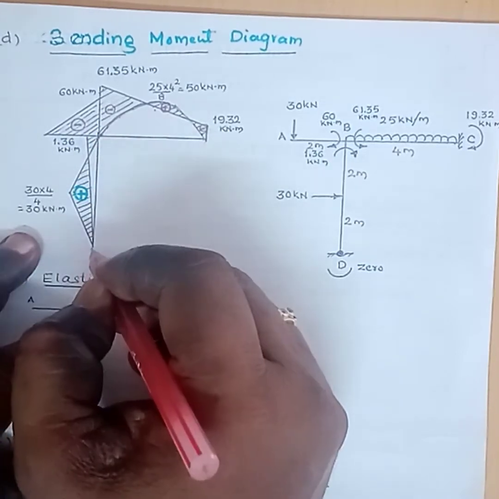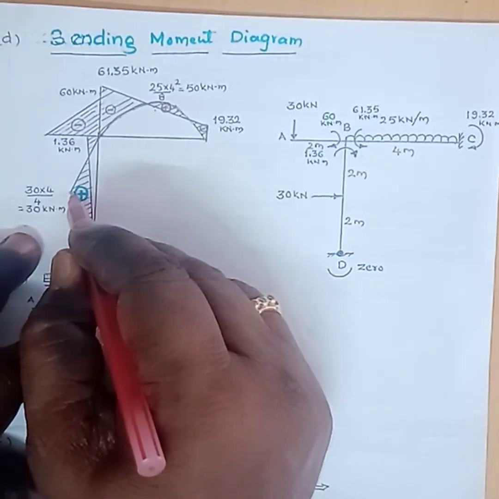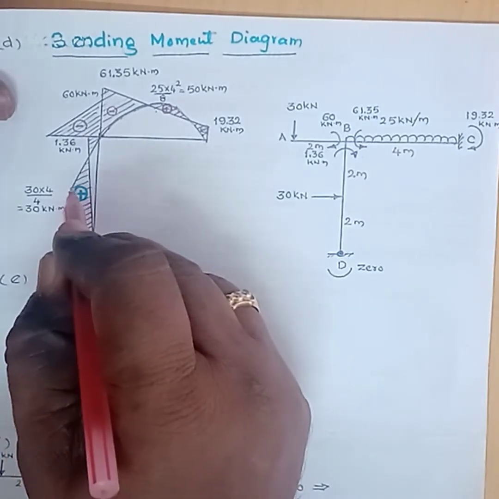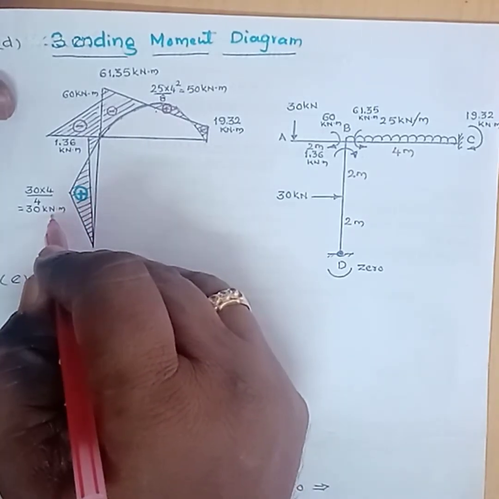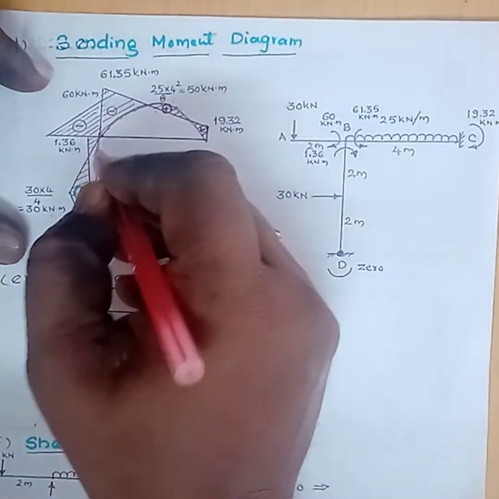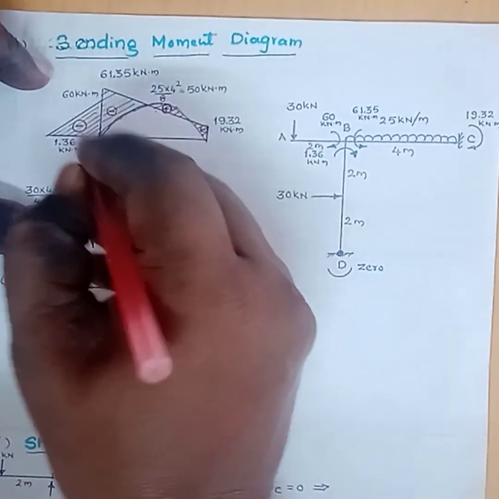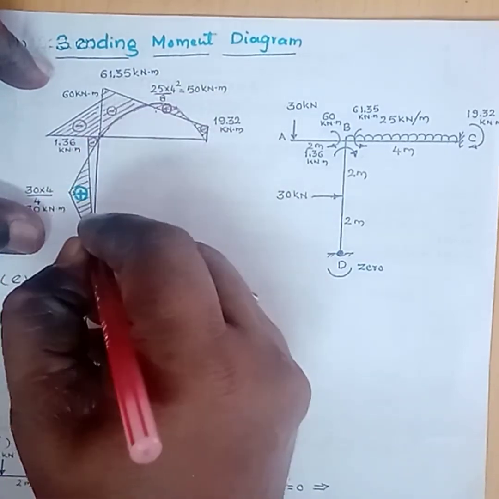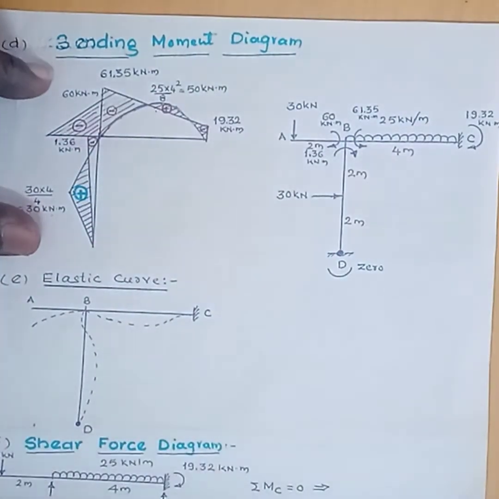Therefore, at the support, the bending moment due to point load on the simply supported beam is 0. But at the center, it is maximum, which is 30 kilonewton meter. Then, by overlapping these two moments, this one becomes the negative bending moment, and this one is the positive bending moment.